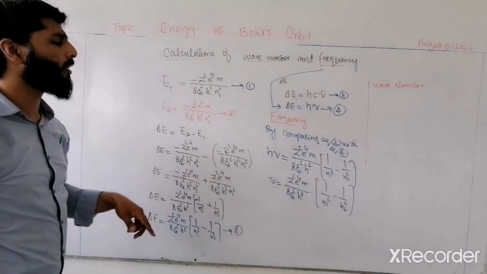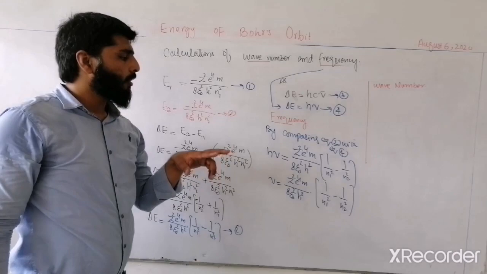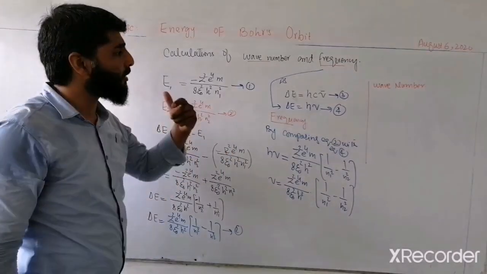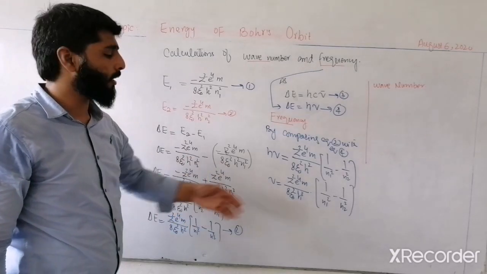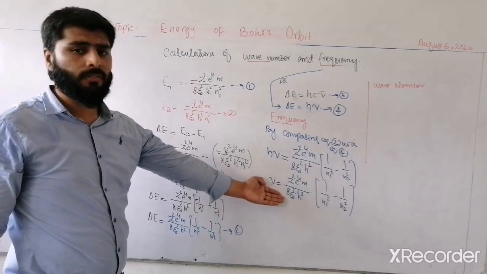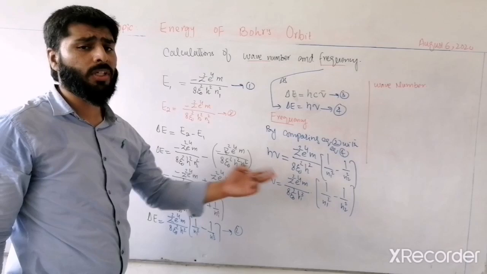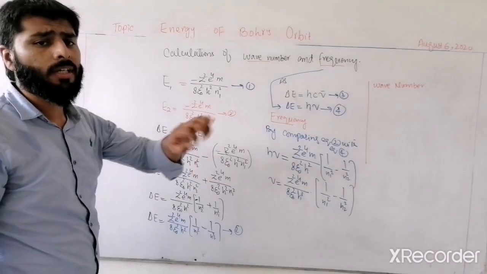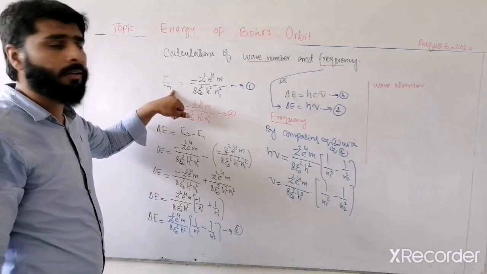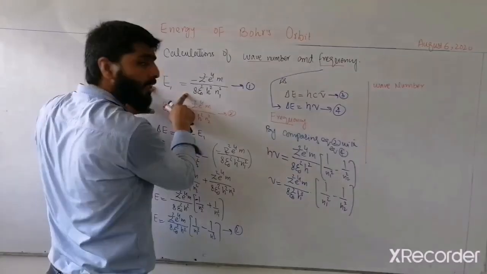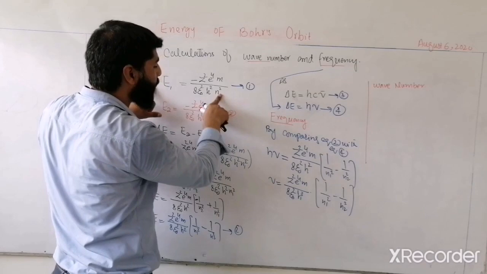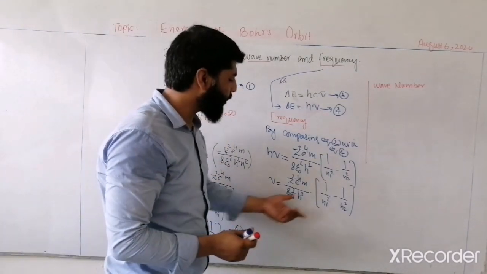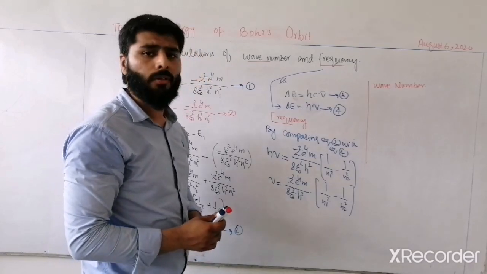But when you are interested in finding the difference of energies between two levels, then you can find it by using this equation. If you are given two different levels, then you can use this equation, and if you are given a general calculation, then you can find it by comparing equation 1 simply with this one without using these values. You can directly compare it. Now this is the frequency of the revolving electron.